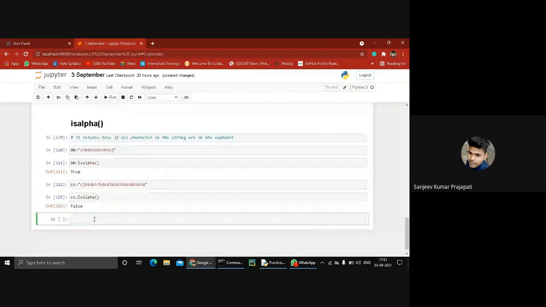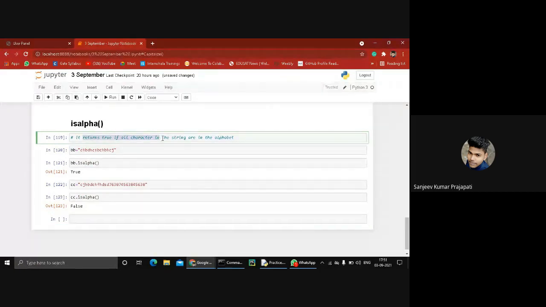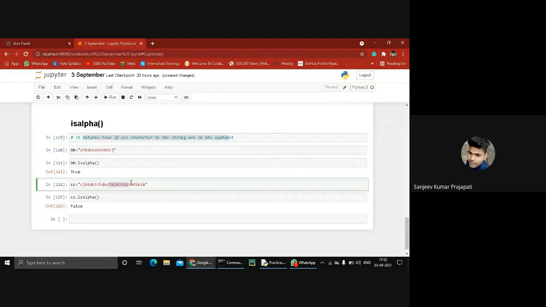It returns false, because isalpha returns true only if all characters are alphabets, but in this string there are decimal numbers as well as integer values. So when it's not getting only alphabets in the entire string, it returns false.